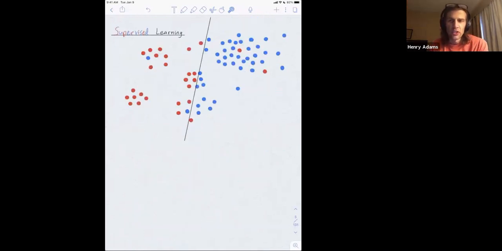One way of doing supervised learning is to try to find decision boundaries, right? Maybe this line is a pretty good line to draw such that whenever I give a new data point, if it's on the right side of the line, I guess this data point is probably blue, although I'm not totally sure. Whereas if it's on the left side of the line, I might guess that this data point is probably in the red class. It's probably a runner instead of a weightlifter. You never know for sure. You're just trying to make the best guess that you can.